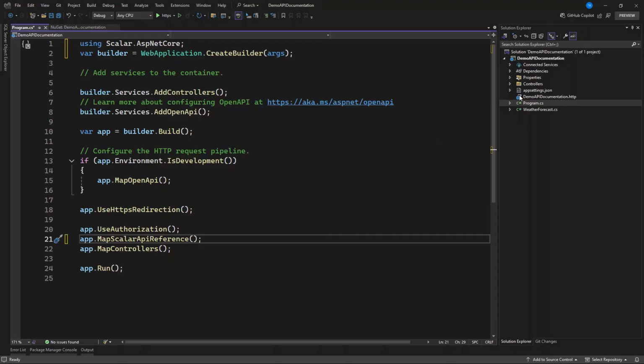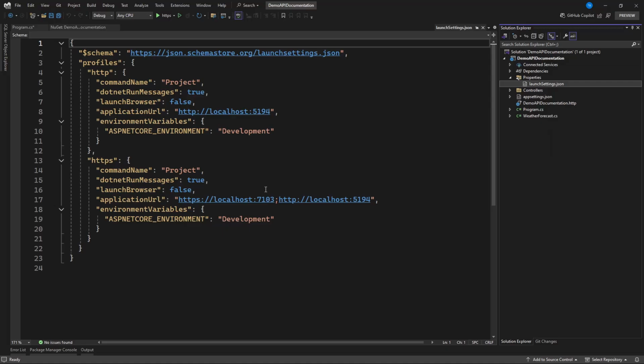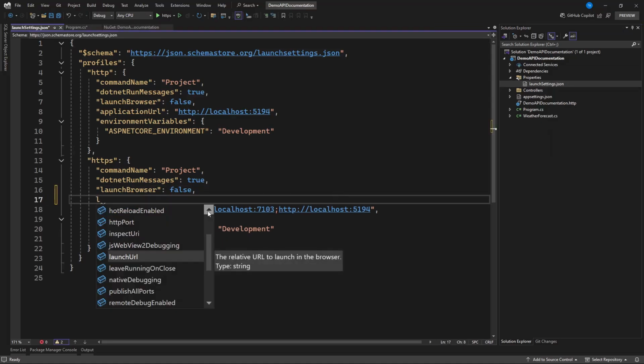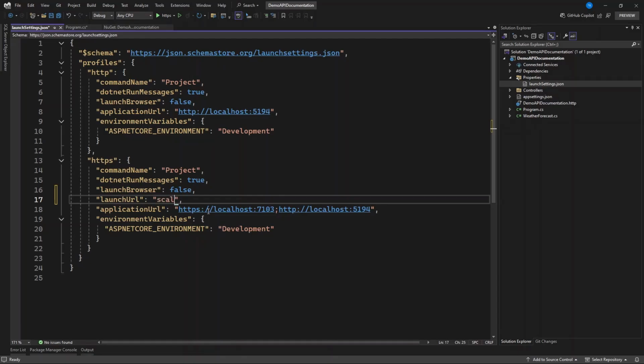So after we are done with this, let's go to our Properties folder. Then in the launch settings, we're going to make the startup point Scalar. So in there, we can have access to the launch URL, and we're going to say this is Scalar. And with launchBrowser, let's set it to true so it can open the browser as soon as we run this application. Okay, now when we go to the endpoint here, we have a default controller created, and that is